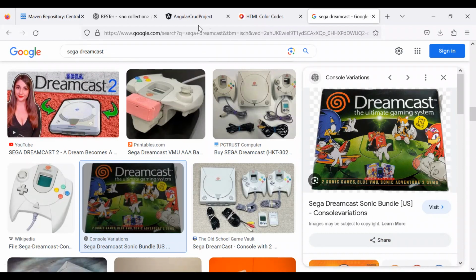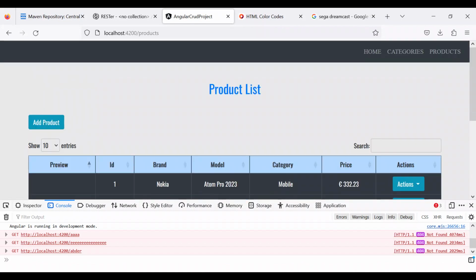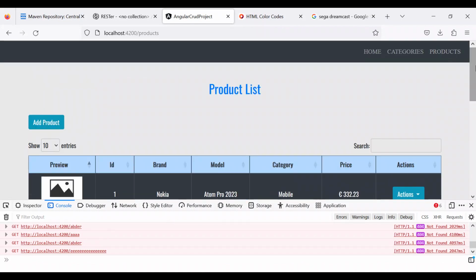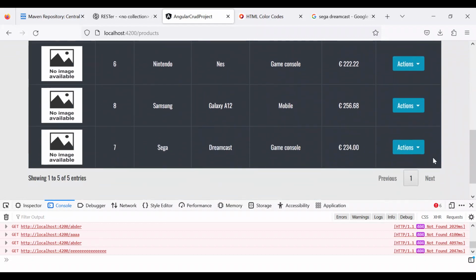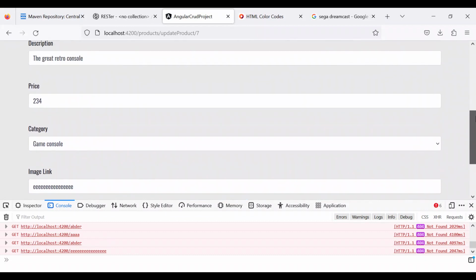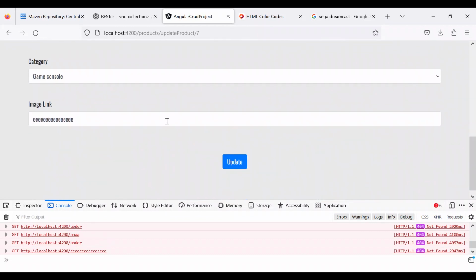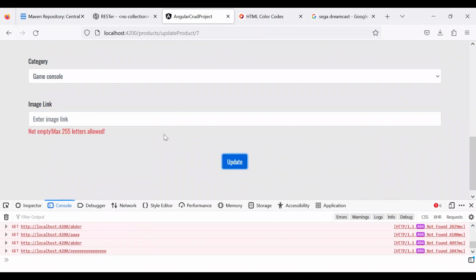Now I will just go to our application. What I've done. Okay, I will try again. I have pressed the wrong button, but I have updated. I think that updating works, but I also want